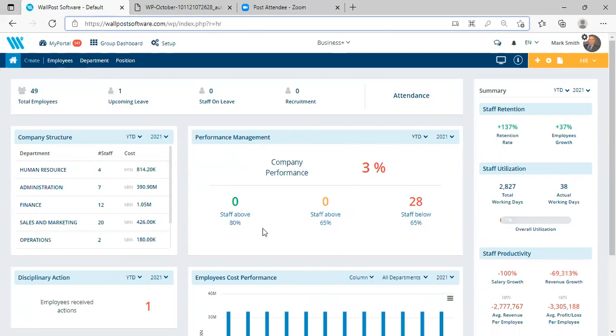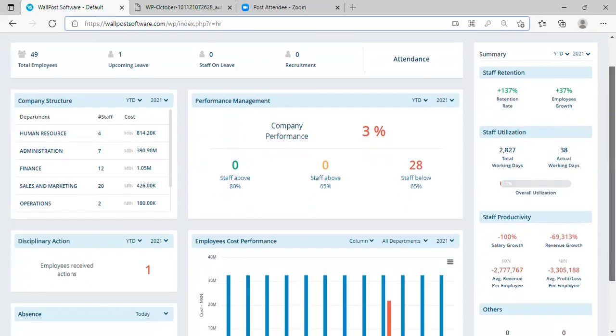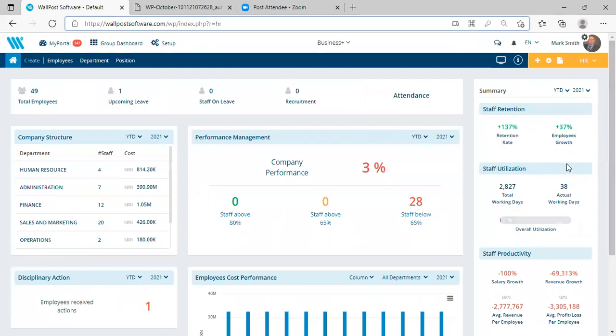Then I can see the performance tracking from here. I can also see staff retention policies, important information like on HR performances, like what is my retention rate, employee growth, what is my people productivity for specific month and specific year also. So while it records and saves all that information, you can always go back to the previous year or previous years to do a comparison and to see how you have grown as a company.